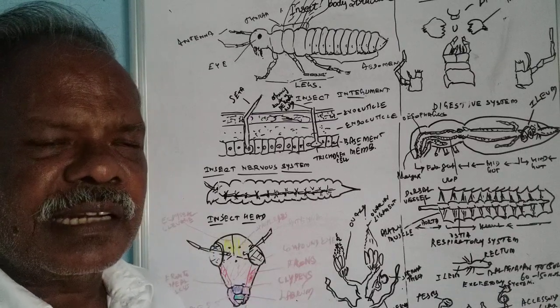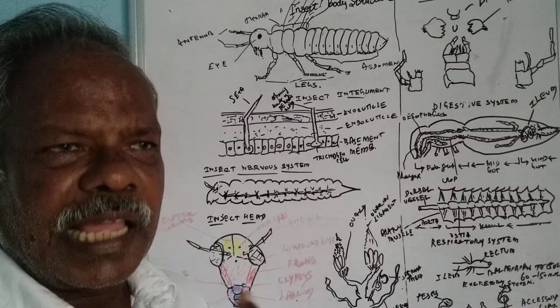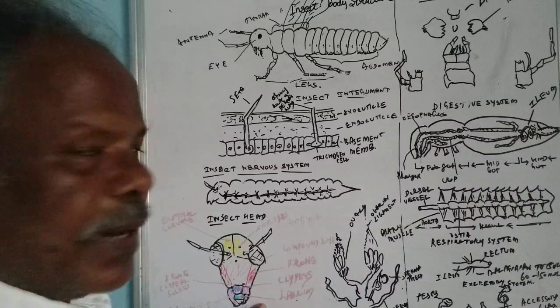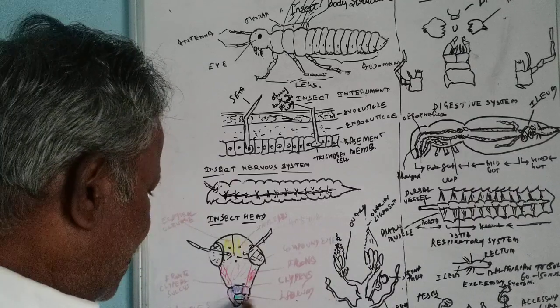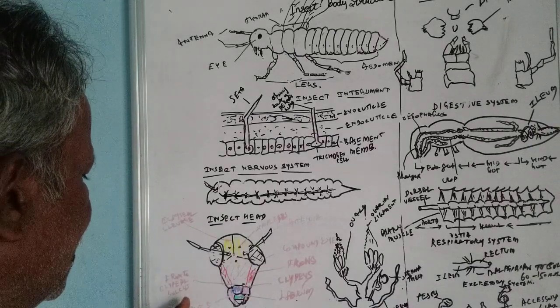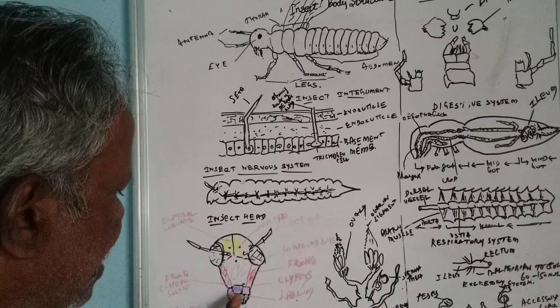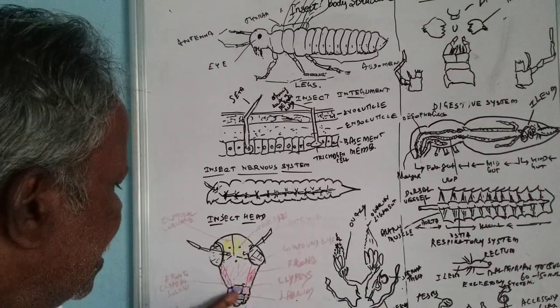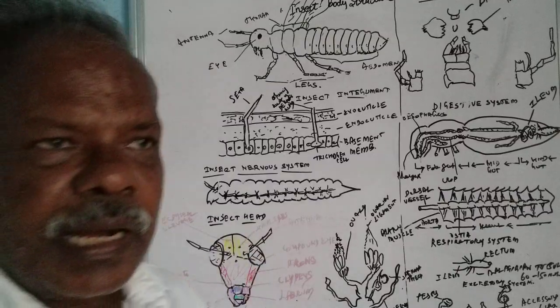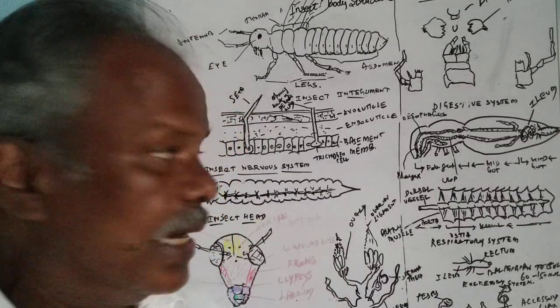and in the mouth ending structure the labium will be seen, and the labrum will be seen. The labrum is the upper lip and the labium is the lower lip, and then the mandibles can also be seen. Then the frontoclypeal sulcus, the joint portion, is also seen. So this is with regard to the structural arrangement of the head.